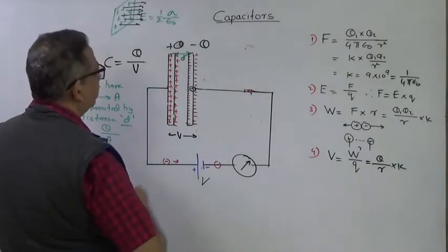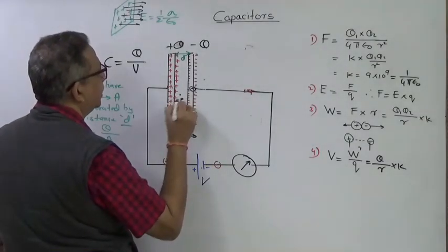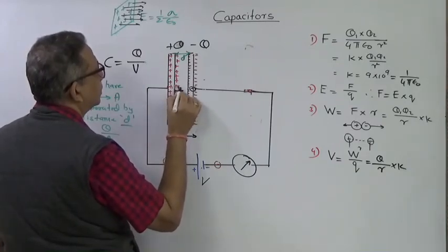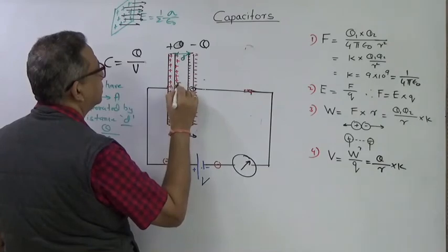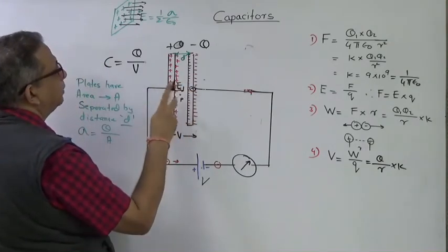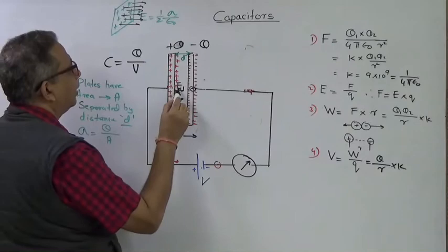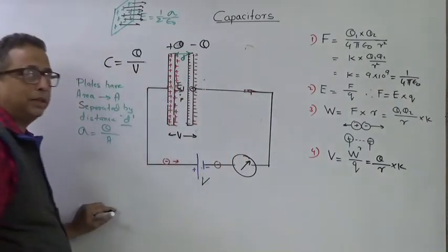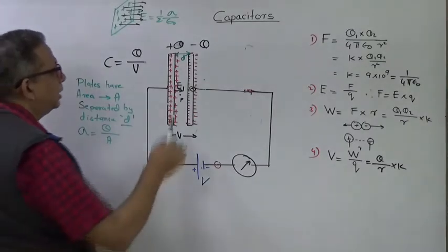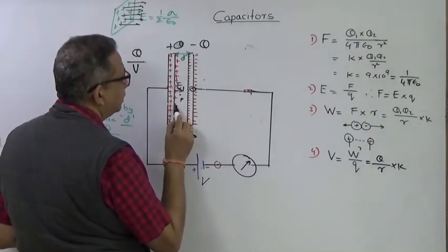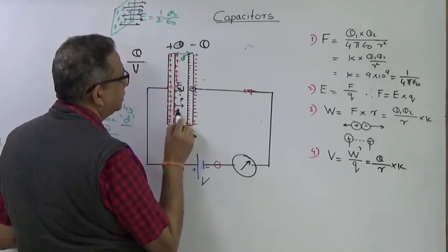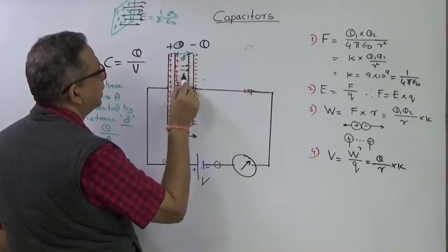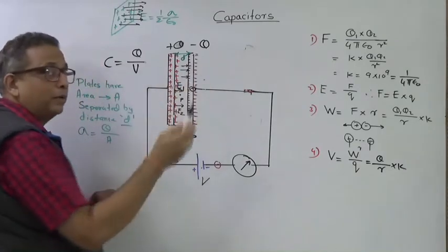So suppose there is any given point P over here, this plate will have one intensity. Let me call this intensity E1. This is the intensity because of the positive plate, and the arrow will point going out of the plate because it's a positive plate. Similarly, this is a negative charge. Here the intensity will be going inside, which is going to be E2. Intensity will be shown as going inside the plate. Why? It is a negative plate.